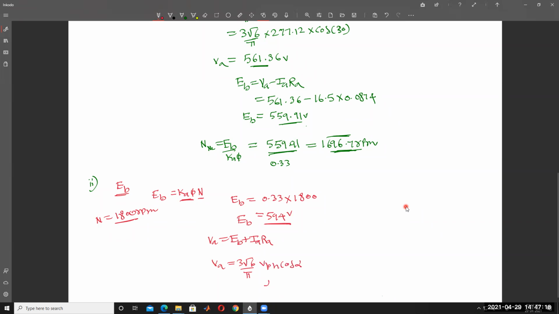From this relation, we will get alpha. Substitute EB here: VA is equal to 594 plus 165 into RA, 0.0...